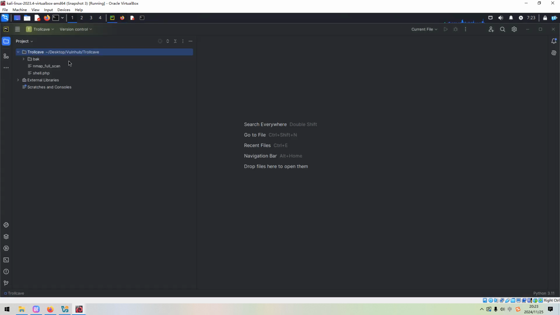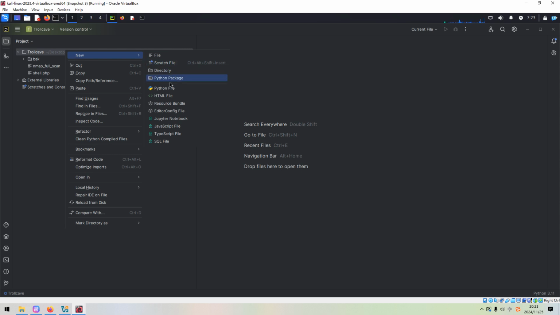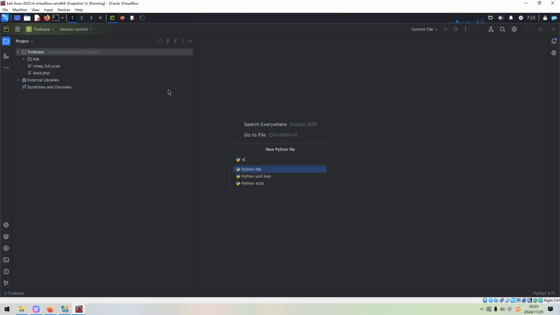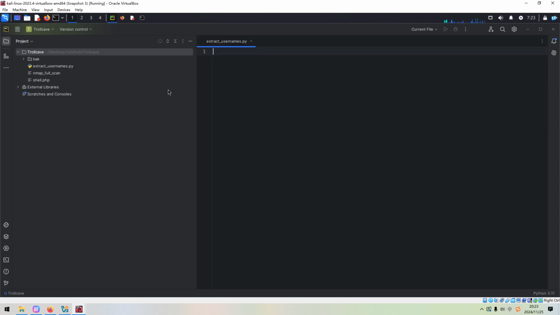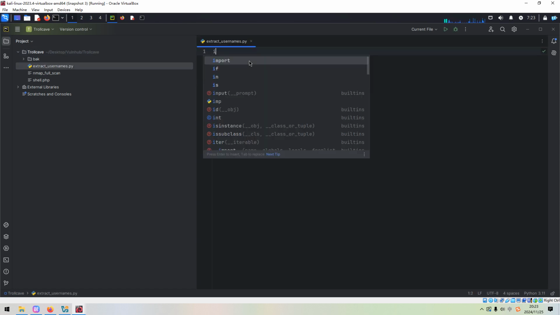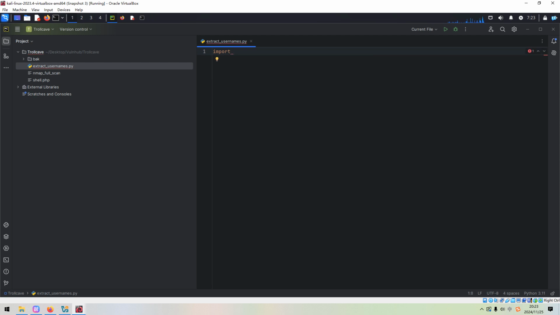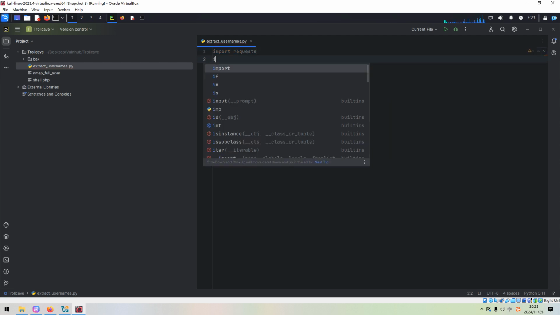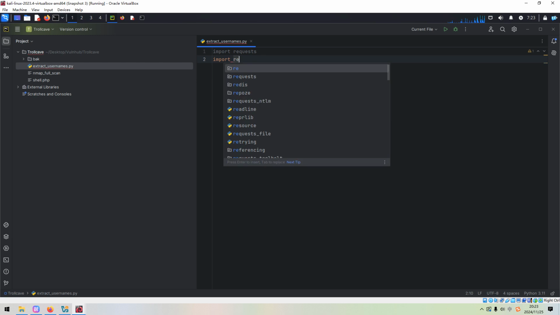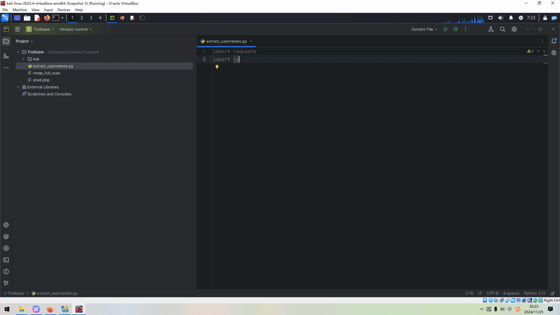I've already opened up the PyCharm editor. We can create a new file, extract usernames. Okay, and we need to import some modules like the requests module, and also the regular expression module. You know, the re module can help us to match a specific pattern to extract certain strings.